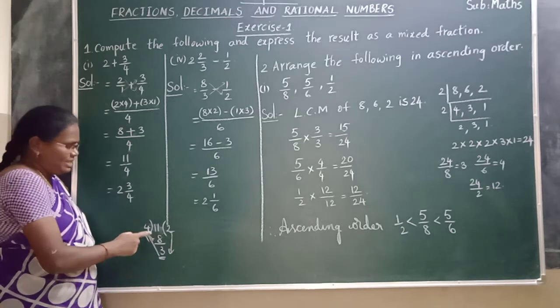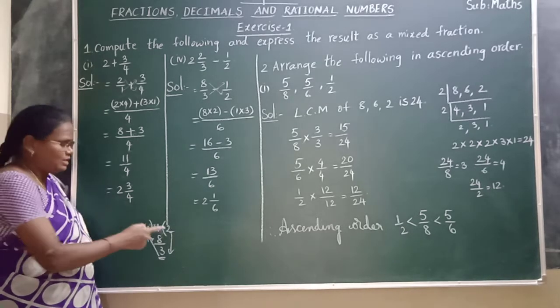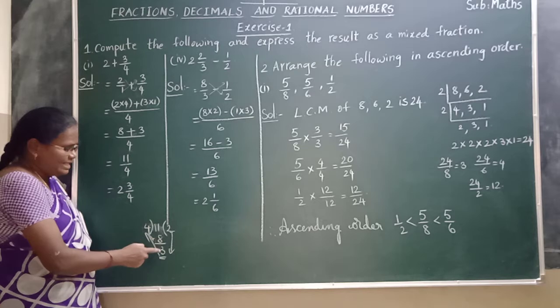11 by 4, do the division. 4 times 11, how many times going? 2 times. 2 4s are 8. 11 minus 8 is 3. Here,